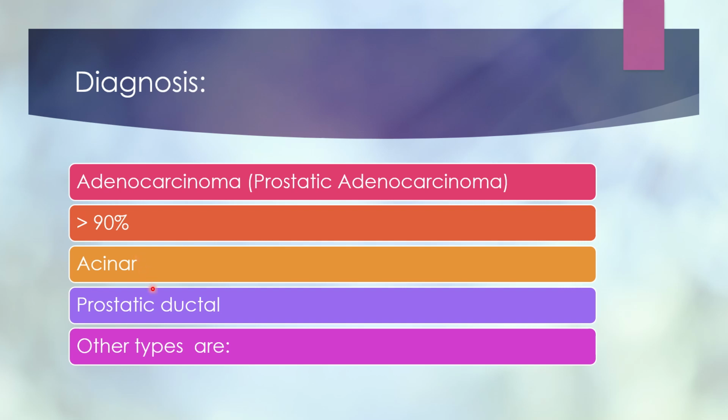Now, another reason is that you might have other types present as well. But in the case of prostatic ductal adenocarcinoma, something is different. It's less common compared to the Acinar, right? But it is more dangerous. Well, it's good that it's not as common as the less dangerous one.